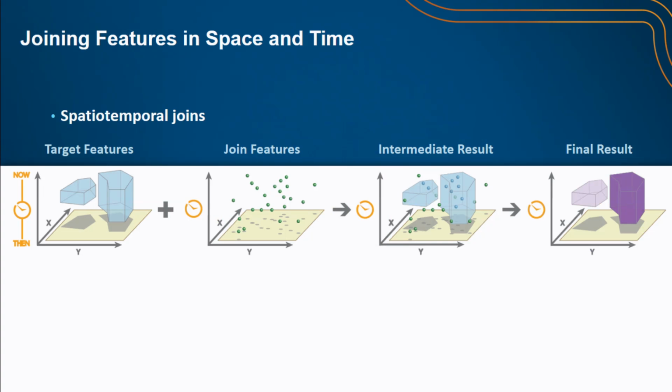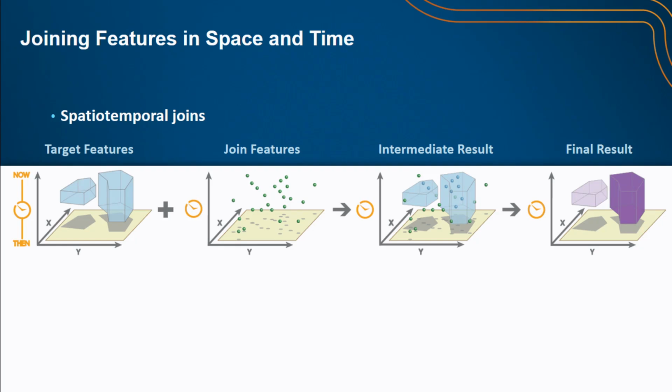So I mentioned join features earlier, and that's where we have the spatial, temporal, and attribute join. So here I have my target features, which are the features that will have attributes joined to it. They're polygons, and they're intervals in time. My join features here are a point data set, that's an instant in time. And when I actually get those results, I end up with the polygons where the points were within in both